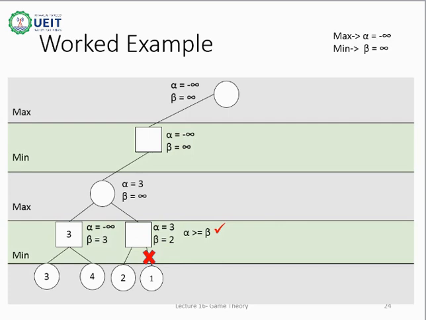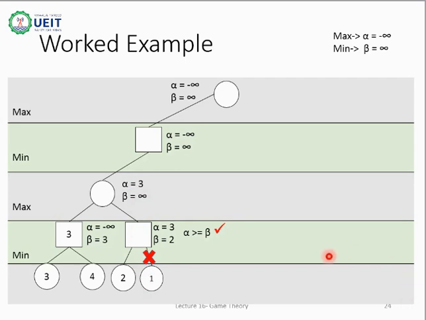The idea of pruning is that in one level above, we have already got better value, which is 3. At this min level here, beta says that I will only accept value which is less than 2. Even if beta becomes minus infinity, it wouldn't have any effect on one level above. As at next level, we have to choose maximum of these two nodes, and we have already chosen a better value. It will only choose value of this node if it was greater than 3. Thus, if alpha is not greater than beta, and this condition becomes false, only then we explore right child in anticipation of finding better maximum value of alpha.